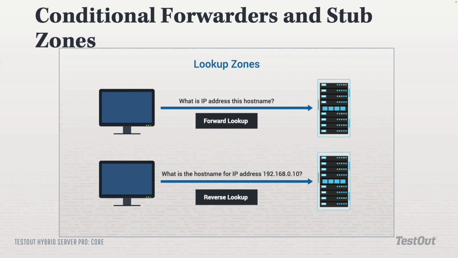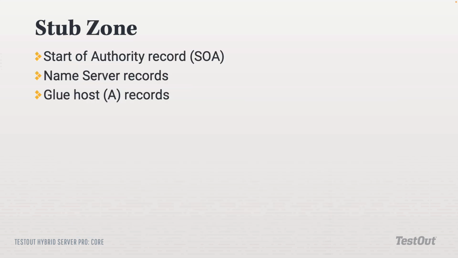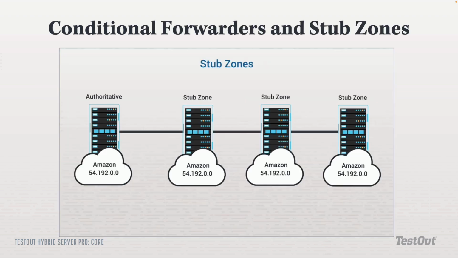So with our forward lookup zone, FQDN to our IP address, and our reverse is the opposite, right? When we have an IP address and it's changing it to a FQDN. So then we get into our stub zones. With these, if you're going to go for the Microsoft certification, you're definitely going to have to know some of these,